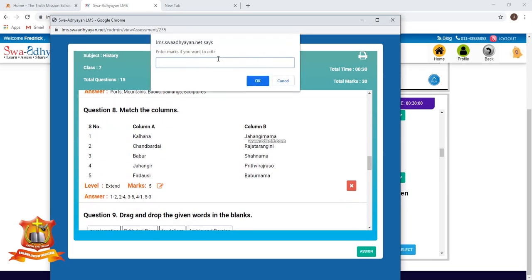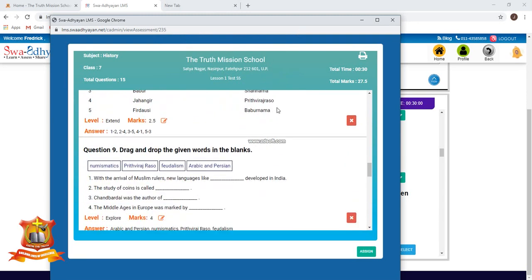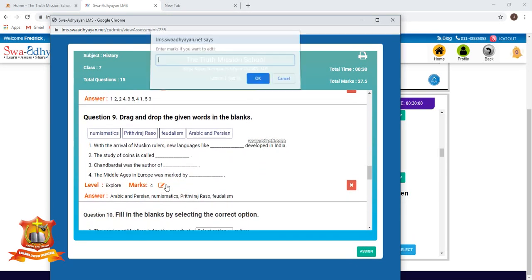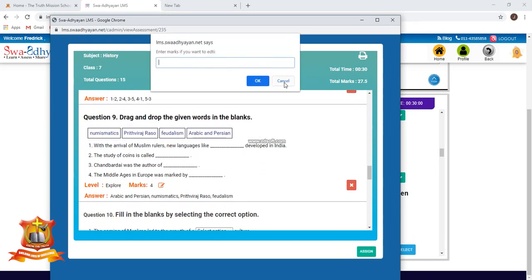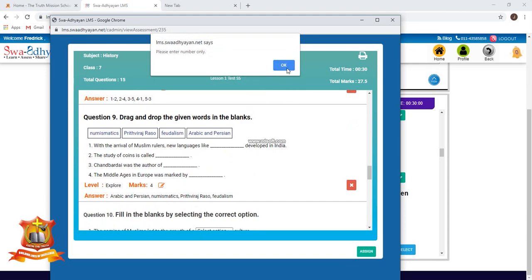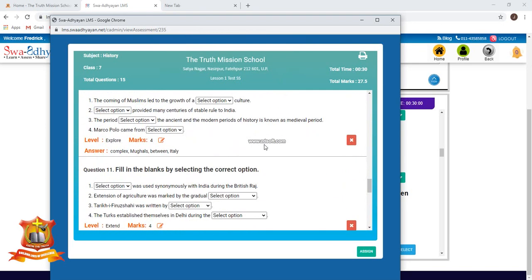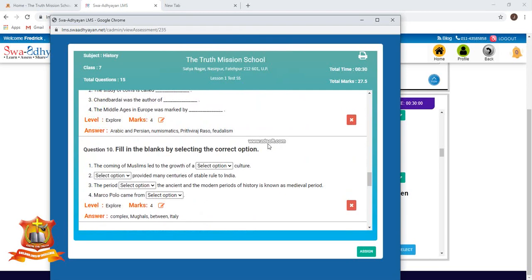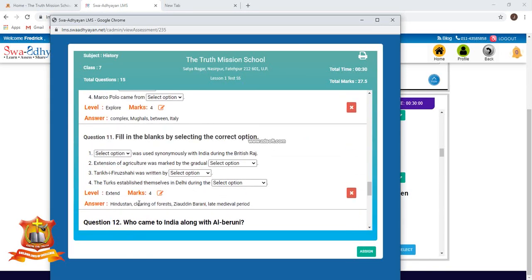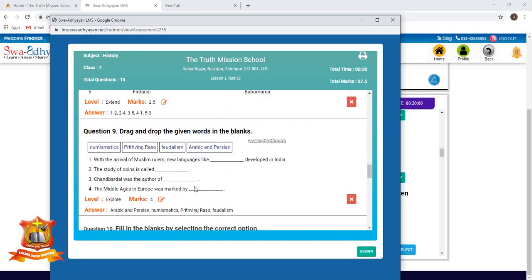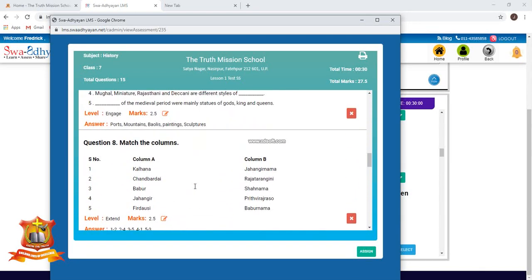Another, 2.5. So 27.5. Extend, I want to give them full marks. This is also extend only.